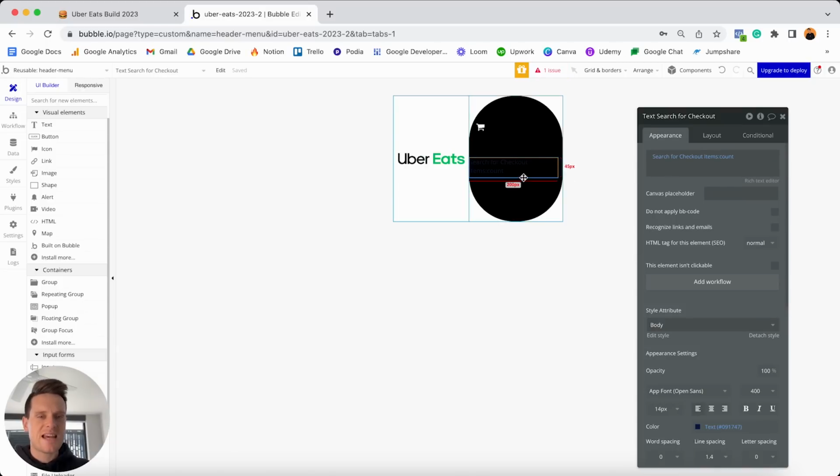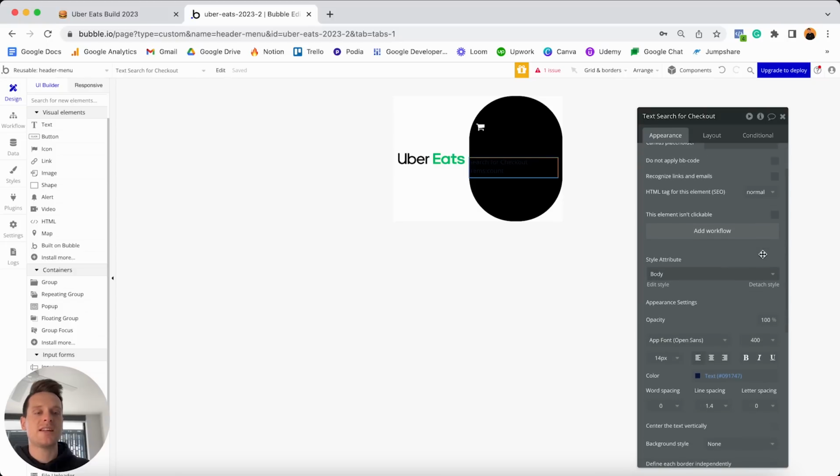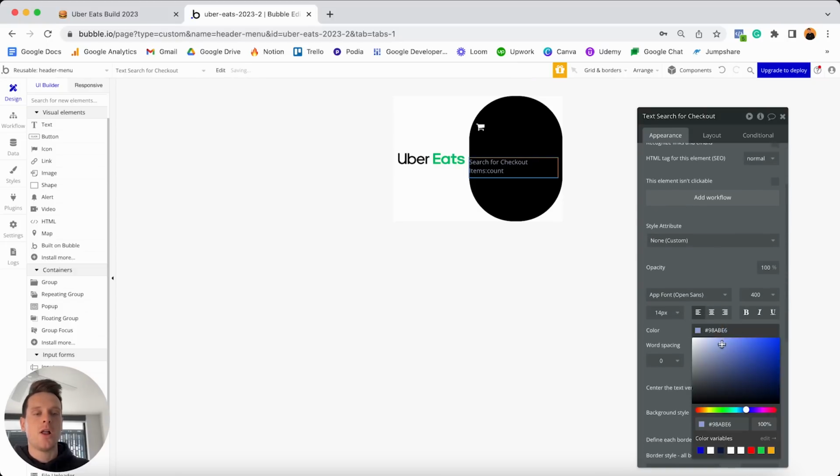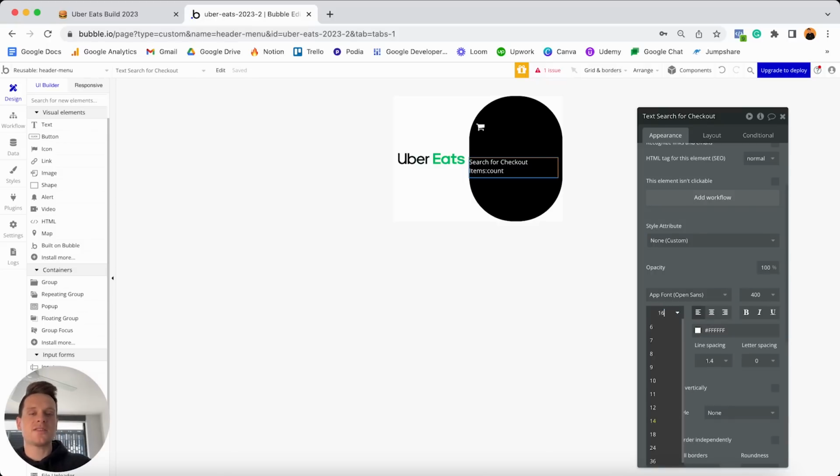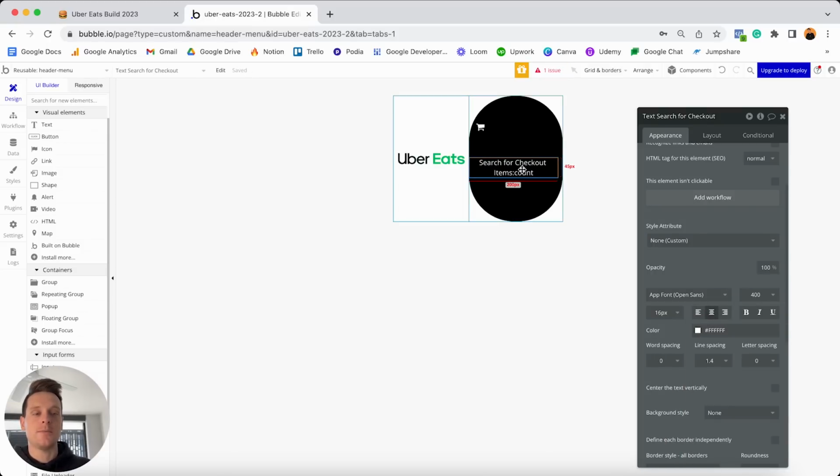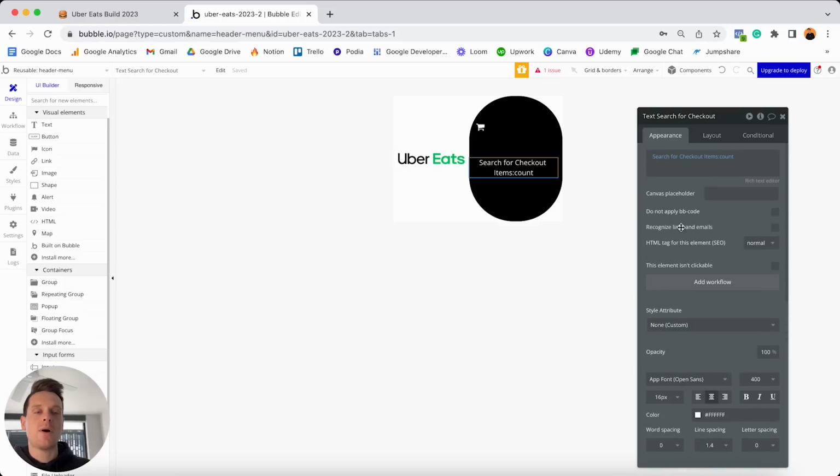Now, because this text sits within a black group, I'm just going to need to change the style of this. So I'm going to detach the style here. I'll update the text color to be white. While I'm here, I'll also update the font size to be 16, and I will align this text in the center of the element. I can then also scroll on up, and one thing I should point out is that